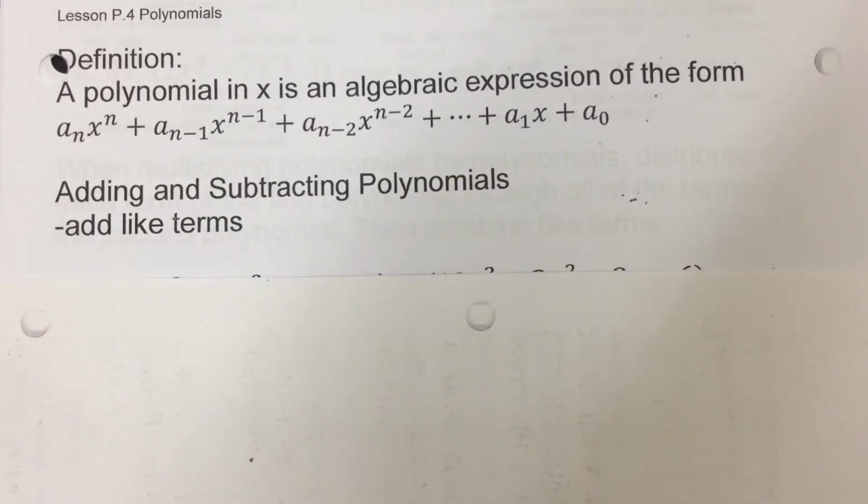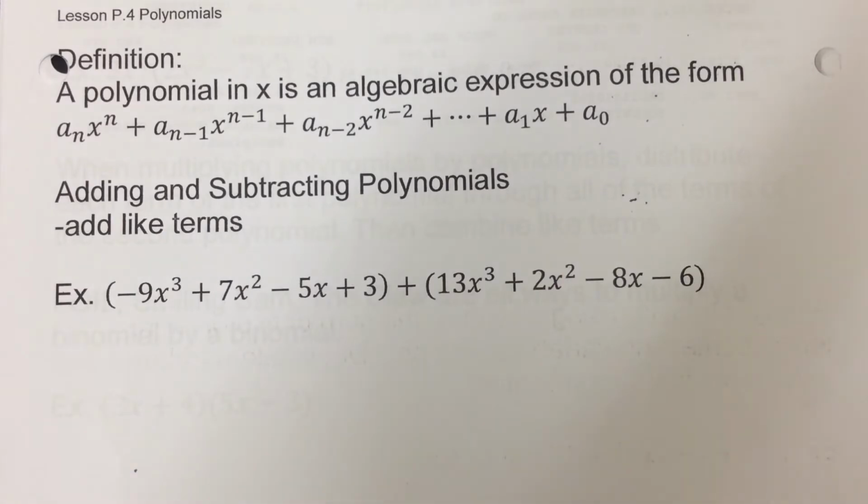So we can add and subtract polynomials just like we can any other set of variables and numbers. You're just going to do like terms together. So if it's x squareds, only the x squareds go together. If there's an x, only the x's go together. If there's a constant, only the constants go together. You're not going to mix and match. So if we have one like this,